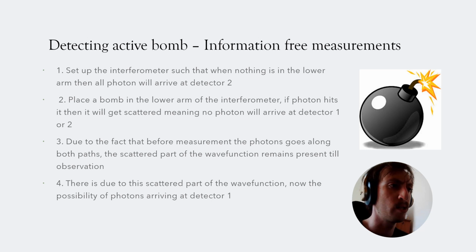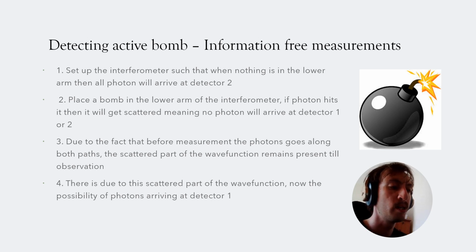And so due to this, the scattered part of the state vector is still important, and one can go through the maths, and indeed it turns out that there will now be a probability of the photons arriving at detector 1 if the photons did get scattered. And we're assuming that, as in the bomb experiment, we set up our experiment such that the photons will all arrive in detector 2. However, if we have found photons in detector 1, then, well, they've never been scattered, so they've never interacted with